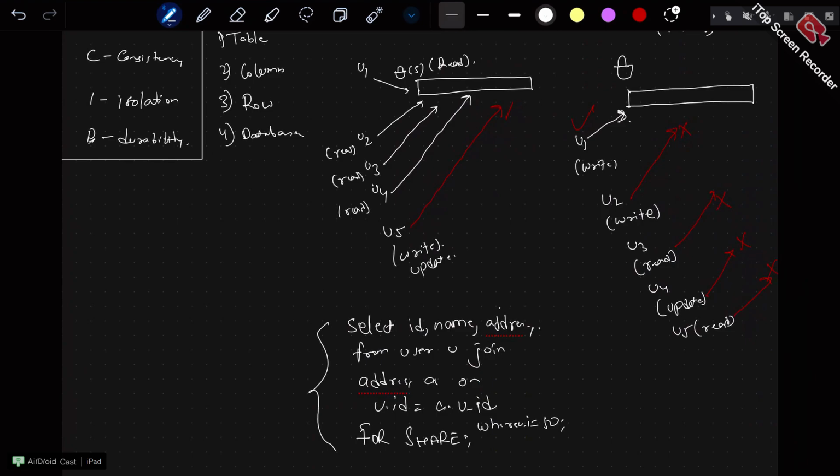Okay, so just one line and it does the magic, right? That's how simple it is to give us a shared lock. And for update, you can just write something like FOR UPDATE instead of FOR SHARE. You can write FOR UPDATE or FOR EXCLUSIVE or something. I think FOR UPDATE is the correct term. Okay, and you are doing an exclusive lock.